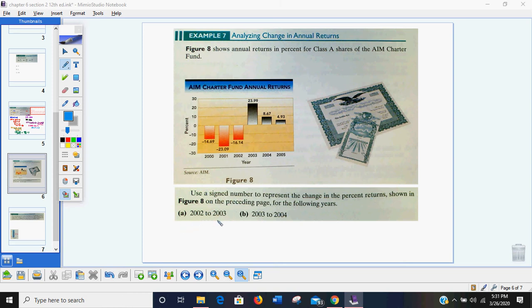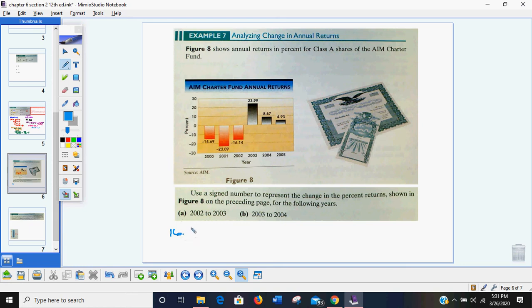Okay, so we want to go from 2002 to 2003. So we're looking at these 2 years. It started out in the red, in the negative, so it was at negative 16.14. Now in 2003, it ended up at 23.99. So it increased. Okay, that makes it a positive. Now we had to go up